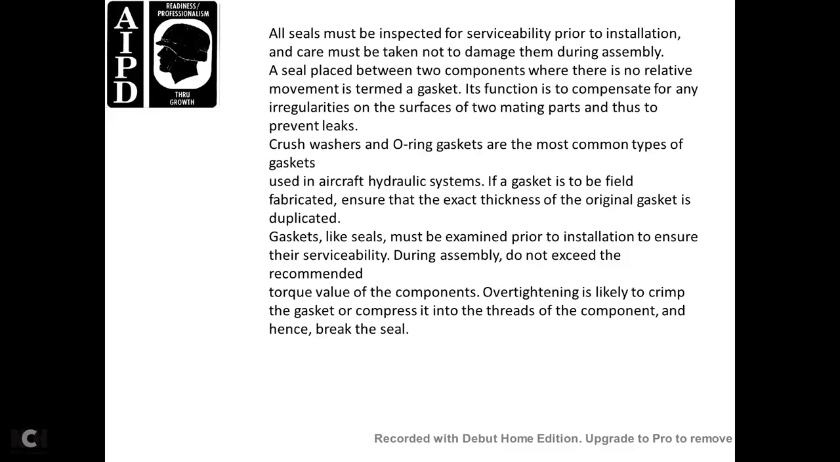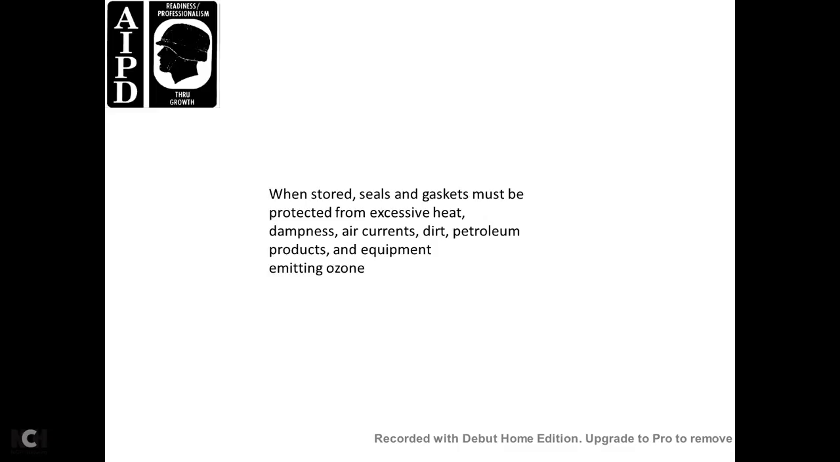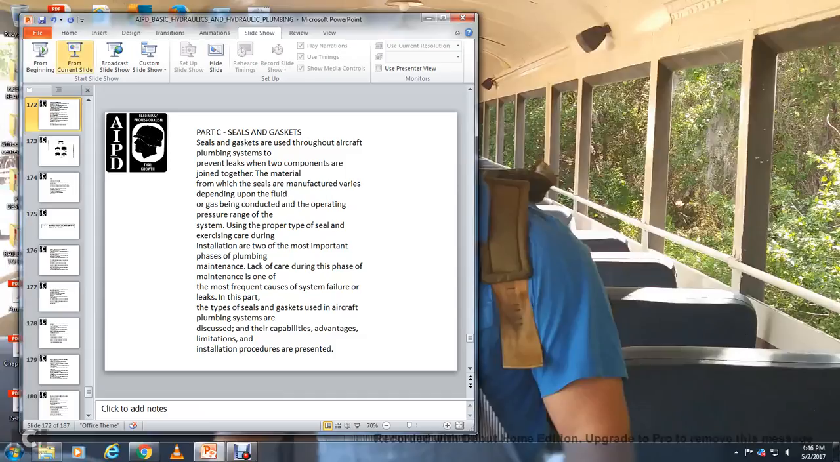Over-tightening is likely to crimp the gasket and compress it into the threads of the component, and hence break the seal. When stored, seals and gaskets must be protected from excessive heat, dampness, air currents, dirt, petroleum products, and equipment emitting ozone. And that was the last slide of